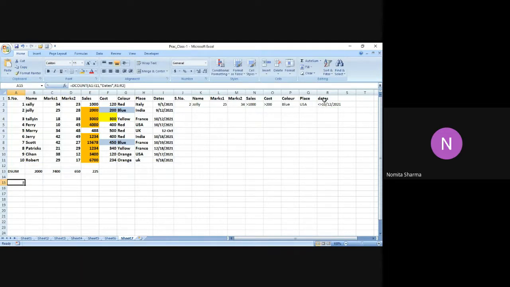Now let me check what my condition was. My condition was that the date should not be equal to 12th October. So if I check, there are 10 records in this, and there are only 2 dates which are rather equal to this. Let me just check. So not equal to is this.